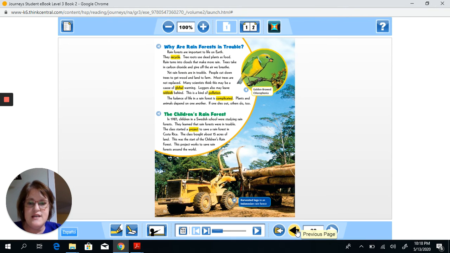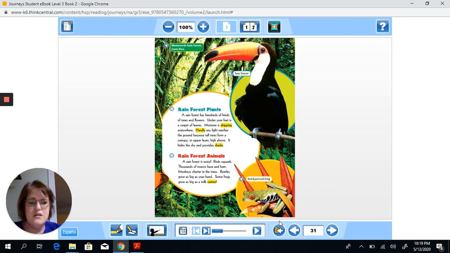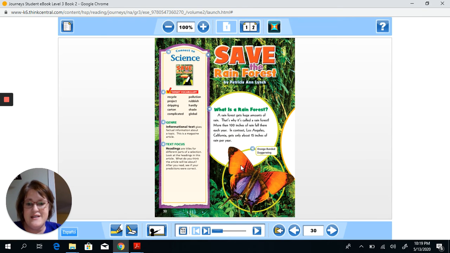So explain what the question is and what the answer is that the author uses. Also, boys and girls, I went ahead and I wrote that down for you to help you, but there are other text structures here that were used on page 30 and 31. For example, on page 30 here, what is a rainforest? This is another question, and then it's followed with an answer.